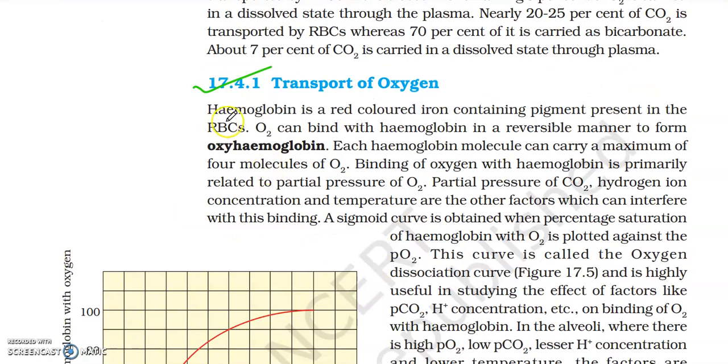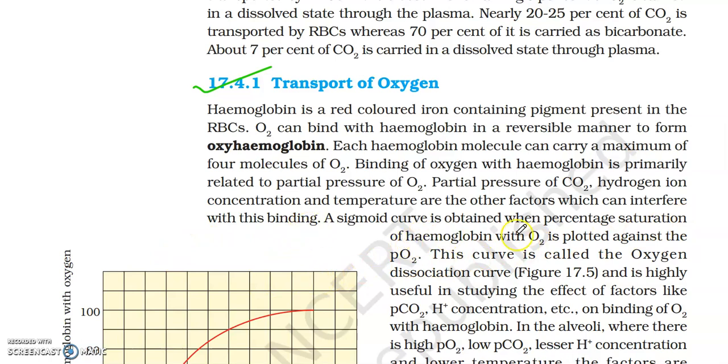Transport of oxygen. Hemoglobin is a red-colored iron-containing pigment present in the RBCs. Oxygen can bond with the hemoglobin in a reversible manner to form oxyhemoglobin. Each hemoglobin molecule can carry a maximum of 4 molecules of oxygen. Binding of oxygen with hemoglobin is primarily related to partial pressure of oxygen. Partial pressure of carbon dioxide, hydrogen ion concentration and temperature are the other factors which can interfere with this